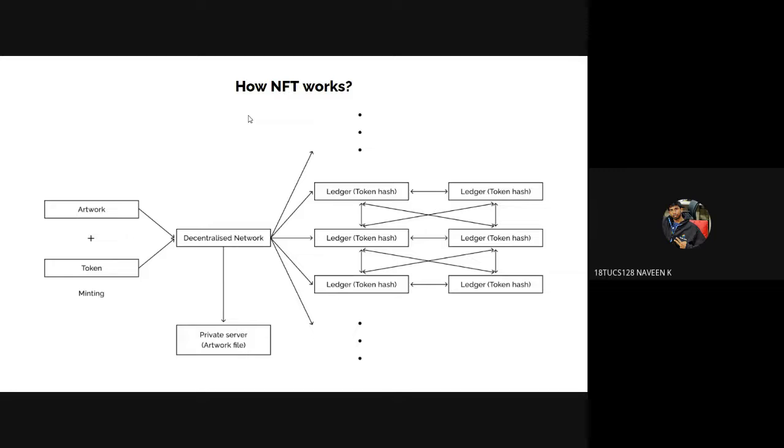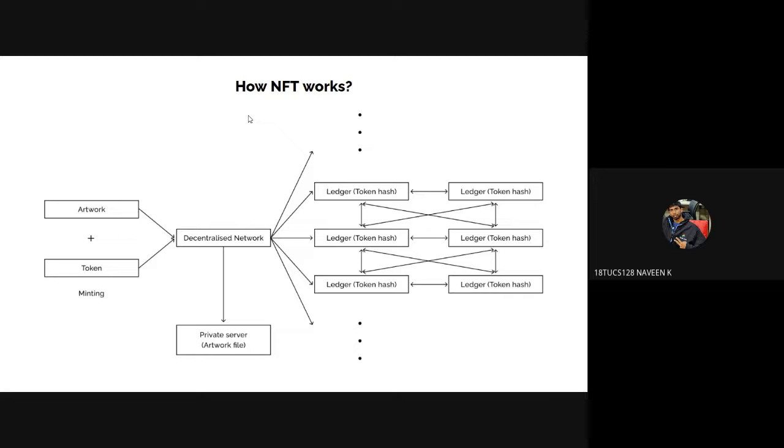Artwork is nothing but a piece of image, painting, video, GIFs, kind of thing. The second one is token or minting. First, if you have an artwork, like the Mona Lisa painting, you have only one, but you need it to be unique. So the artwork is given into a decentralized network where it is changed into an artwork file, where we need to upload cryptocurrencies, the coins, where we hash the coins and make the artwork into that coin.